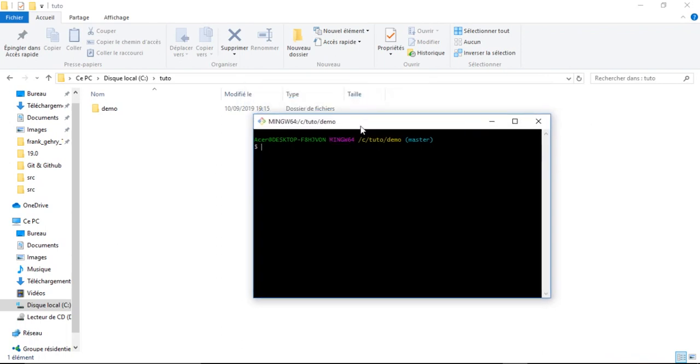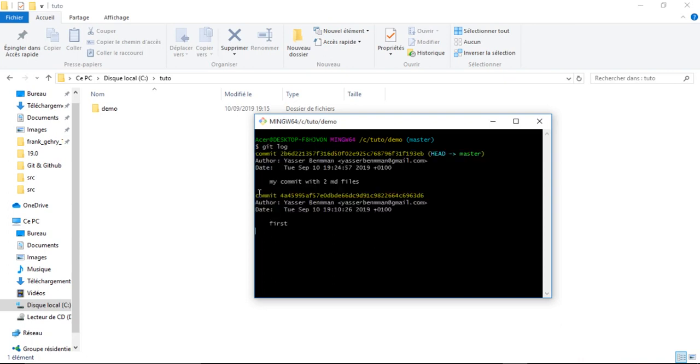Now what if I want to know every single commit or every single git command that has been written in the git bash, or let's consult the log file? To do that, we will put the command git log, hit enter, and it will show us first the git of my commit. This is the message